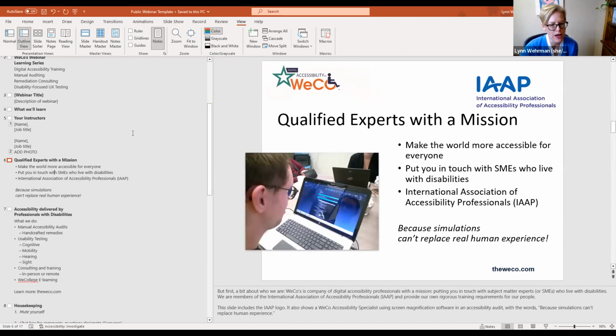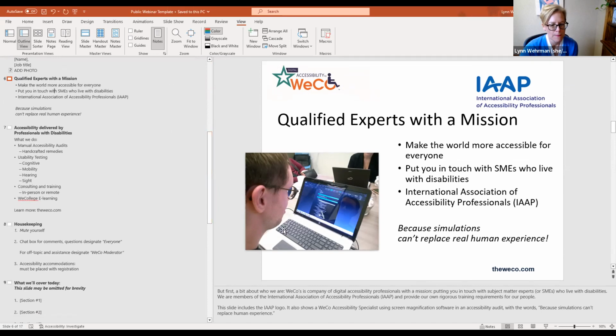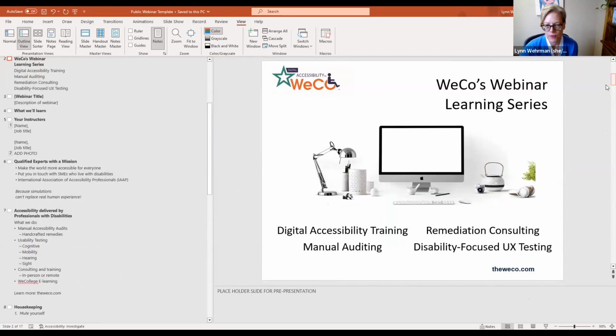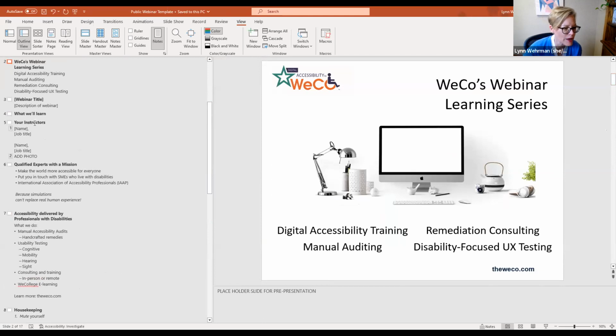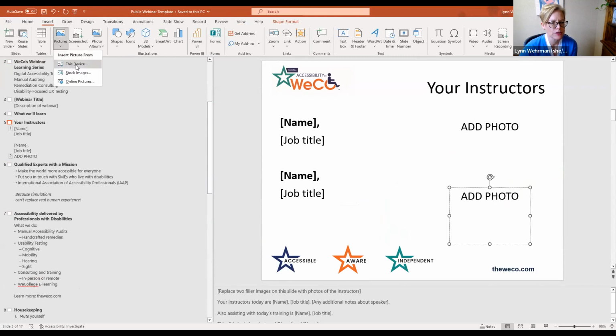Our instructor slide has add photo feature in there. And I'm not familiar enough where we're at, but yes, you can insert, there it is, the add photo showed up. But you can insert images in a couple of different ways. So you can go ahead and do it from a stock image this way.